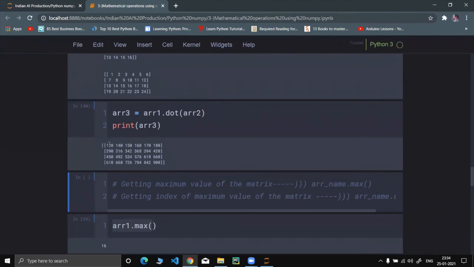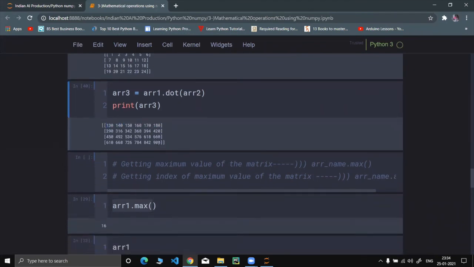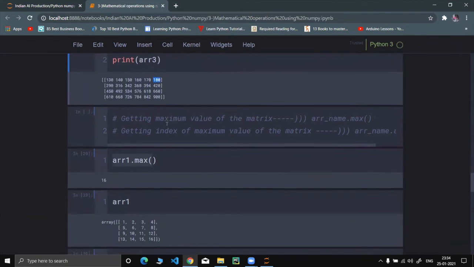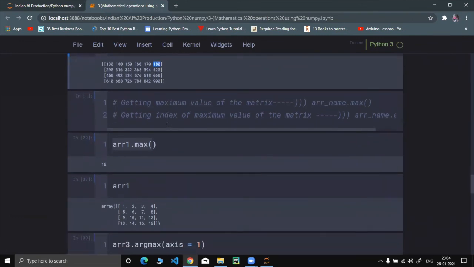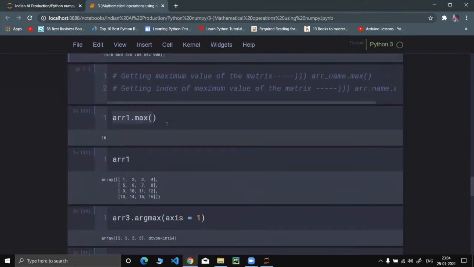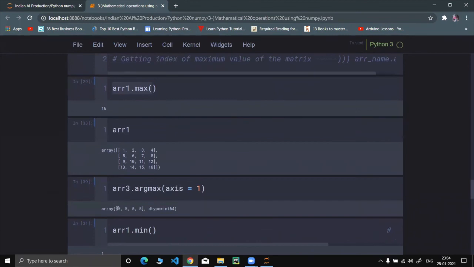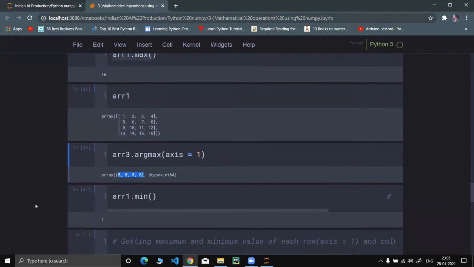As you can see, in this particular row, the last element means n minus 1. Total 6 elements are there, 6 minus 1. The fifth index holds the maximum value of that row. So accordingly, we get the index of the maximum value for each row.